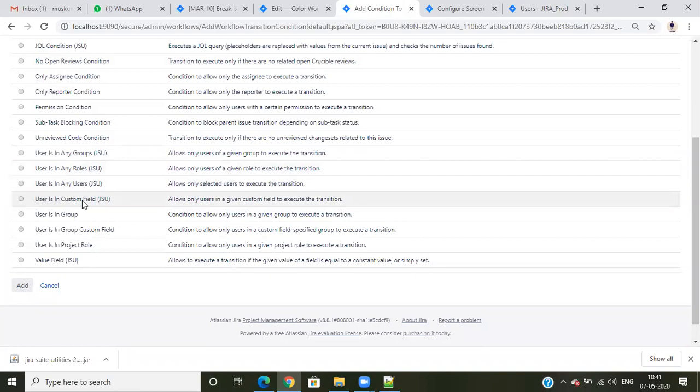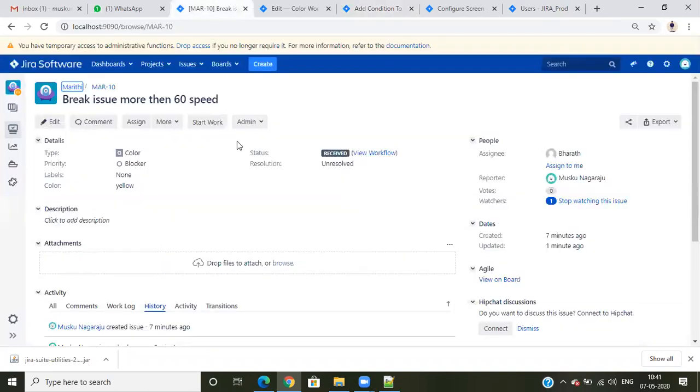There is also user in a custom field. We may have approval persons, so if I select my manager, suppose David, and I have an approve button and a reject button, I can give the approve button only to my managers. We can add that here.